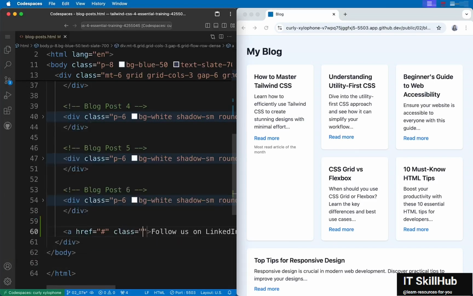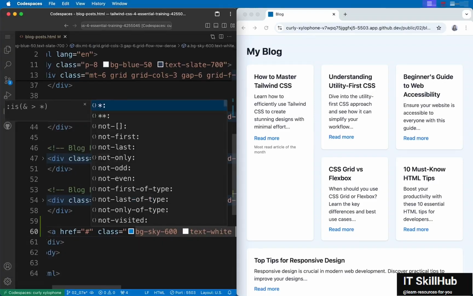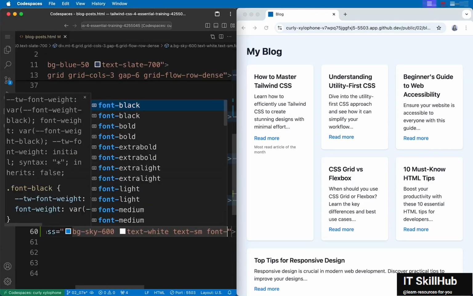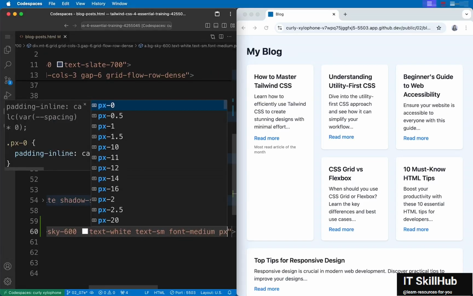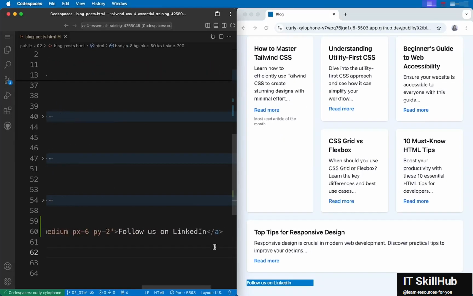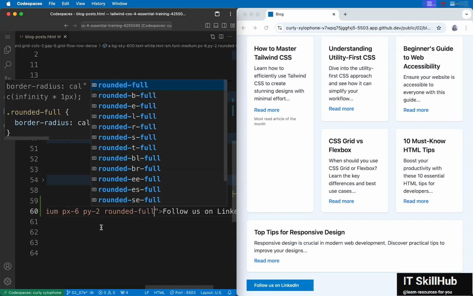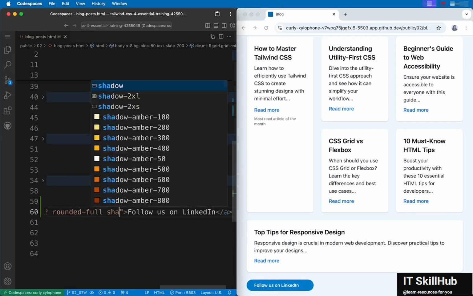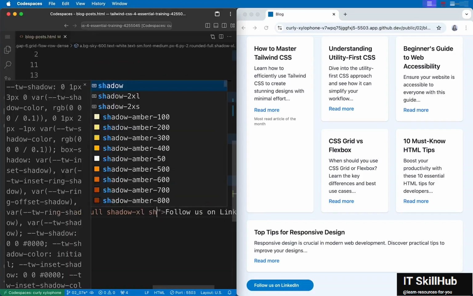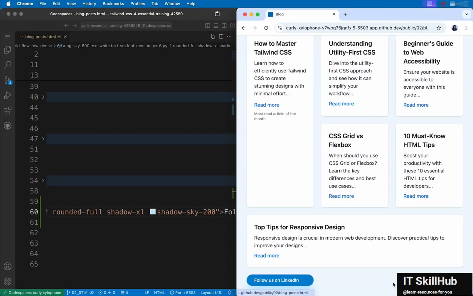And let me add some classes here. So let's give this button a bg-sky-600, which is somewhat LinkedIn color, text-white, text-sm, font-medium, and let's give the button some horizontal padding like px-6 and py-2. Okay, where is the link? Yeah, it's right here. I think the padding isn't working. Let me refresh again. Yes. And let's say we add some rounded corners, rounded-full. Okay. Let's also add shadow-xl, and then give it a color, shadow-sky-200. Okay, just to make it look better when we position it here.